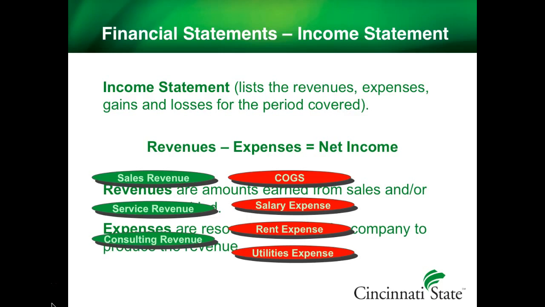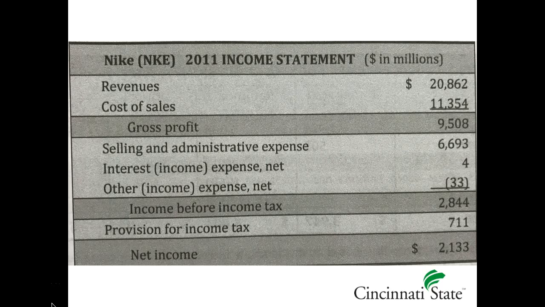Let's take a look at their income statement for the year 2011. Their revenues are $20,862 million. Noting the length of the period the statement is covering is extremely important. The sales figure may be impressive for a month's worth of work, but very unimpressive if it reflects the activity for a full year. The cost of sales of Nike is